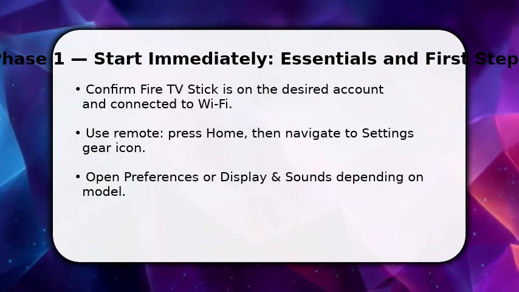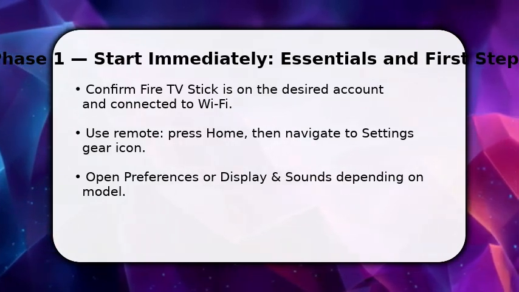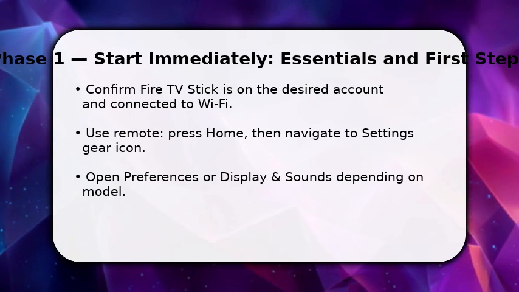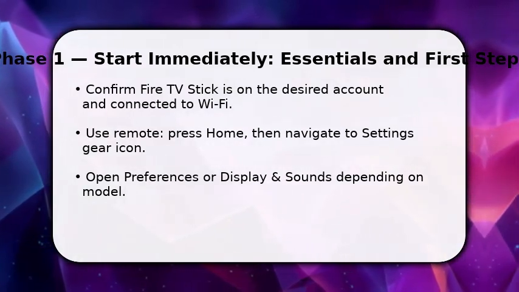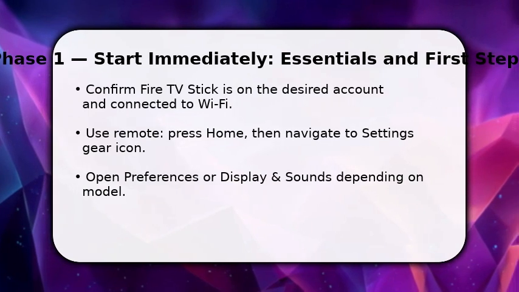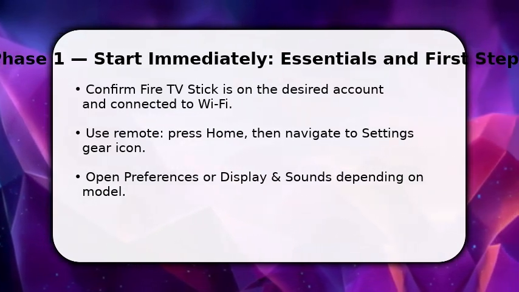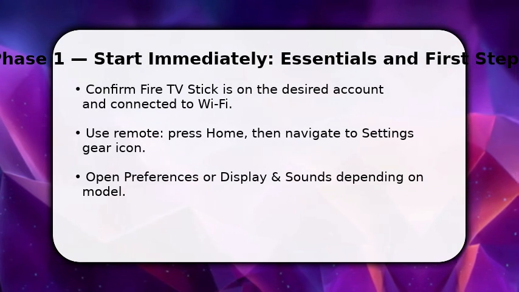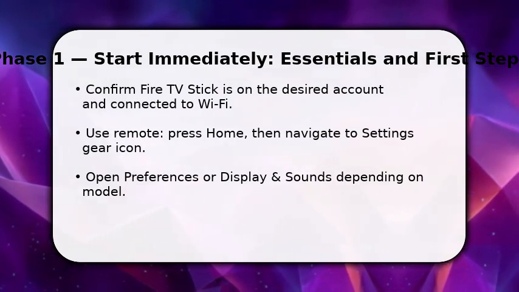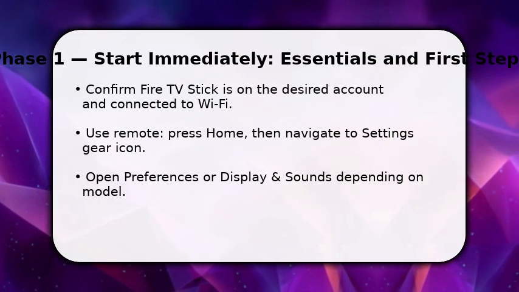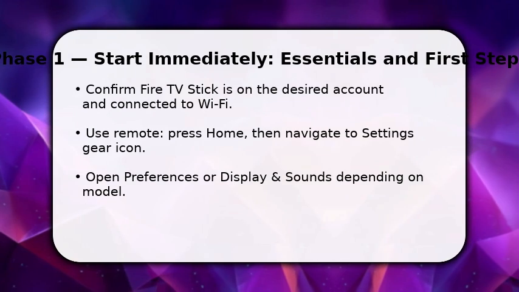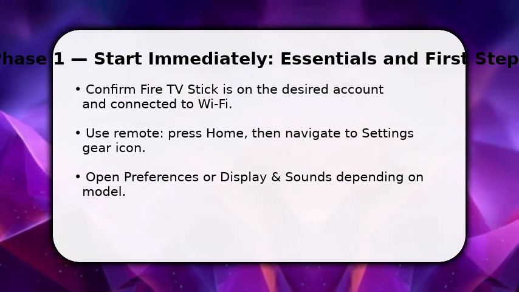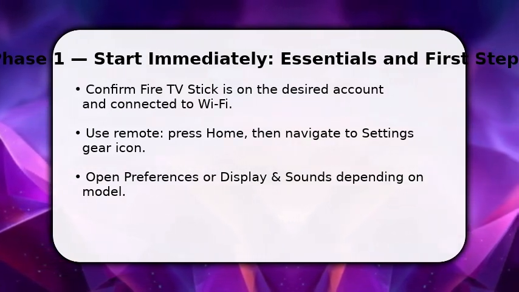You'll begin by verifying the basics so the change takes effect immediately. Make sure your Fire TV stick is powered, signed into the right Amazon account, and on Wi-Fi. Once ready, press Home on the remote, then move right to the Settings gear icon. This gets you into System Options. Depending on your device model, you'll see Preferences or Display and Sounds. Open whichever appears. This first step puts you where language controls live, so you can change audio rather than guessing